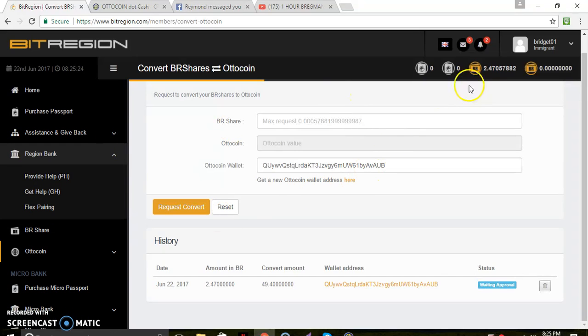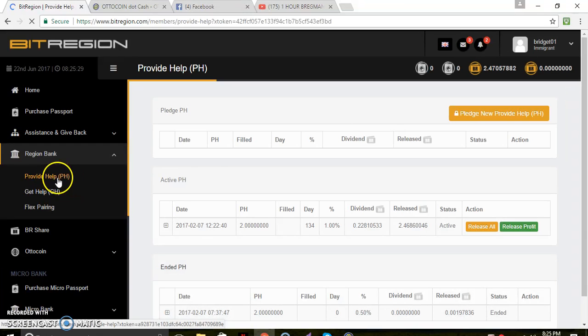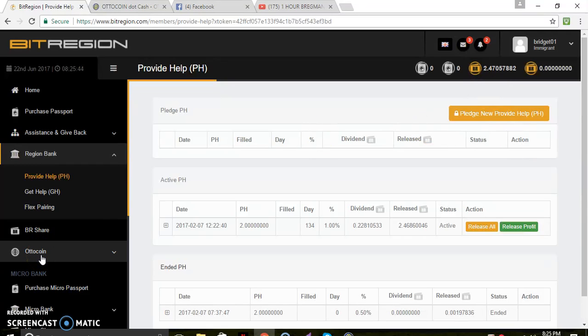If you have an active PH or provide help, let's check it here. Since this account has an active PH of 2 Bitcoin, you can choose to release all or maybe release profit only. After doing these activities, it goes directly to your BR share, and that's the time you can convert it into an AutoCoin.